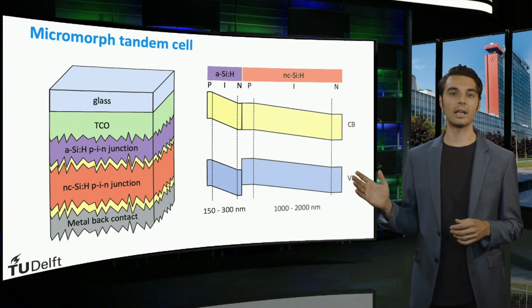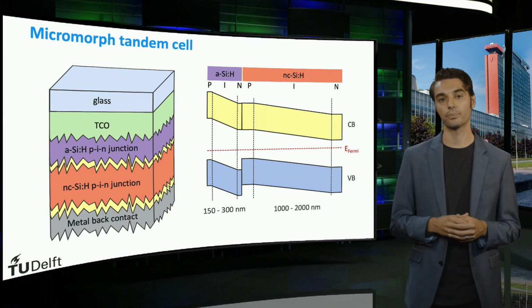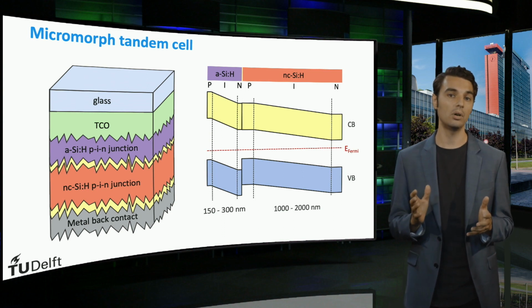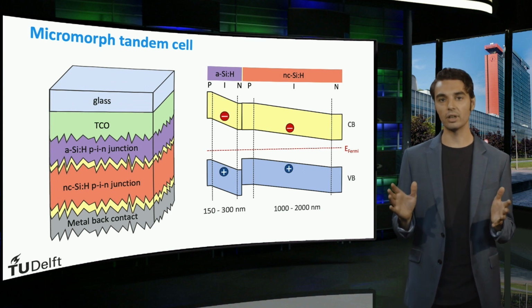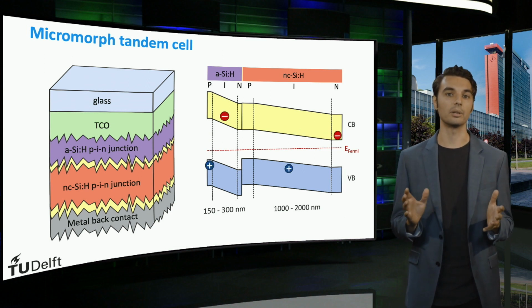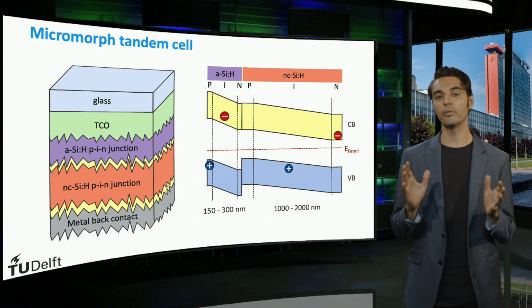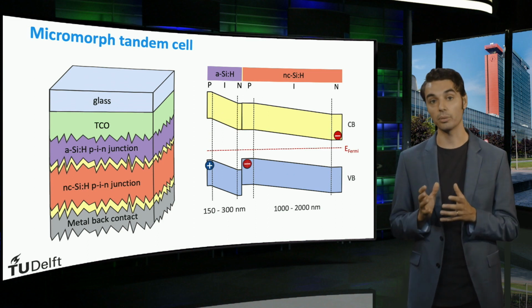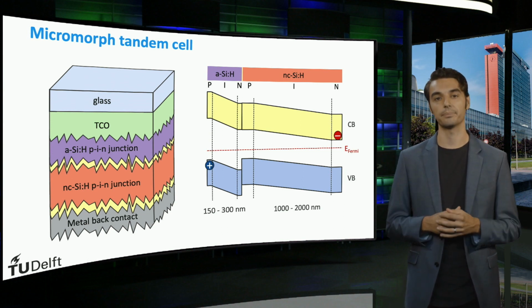We first have the Venn diagram of the amorphous silicon top cell, followed by the nanocrystalline silicon bottom cell. The blue and green short wavelength light is absorbed in the top cell, while the red and infrared light is absorbed by the bottom cell. Holes generated in the top cell and electrons generated in the bottom cell can be collected on either side of this device. As explained in the preceding section, a tunnel recombination junction is required between the N layer of the top cell and the P layer of the bottom cell, which allows the electrons from the top and the holes from the bottom to recombine.